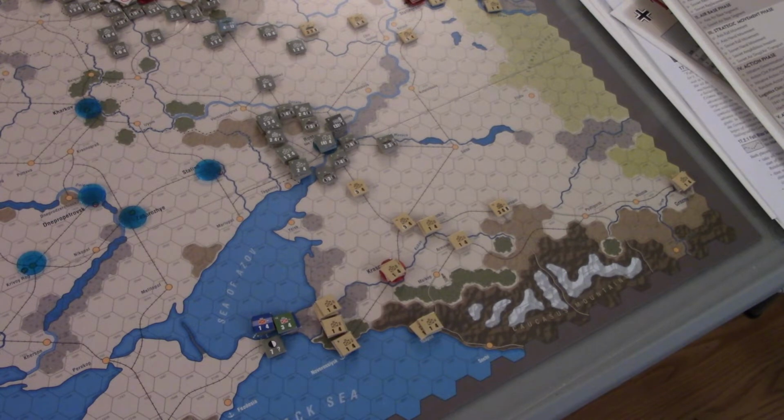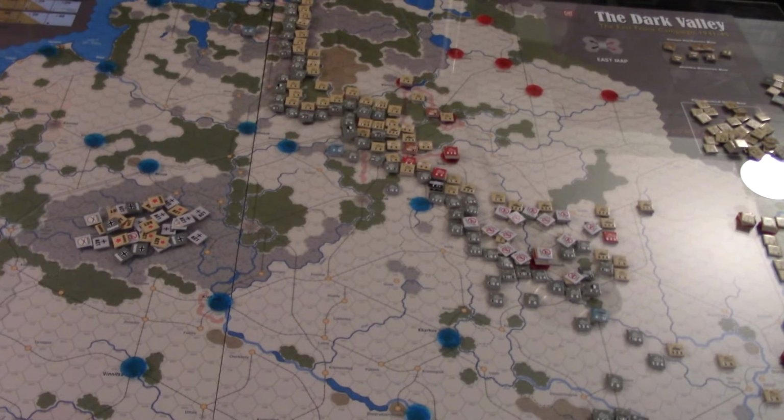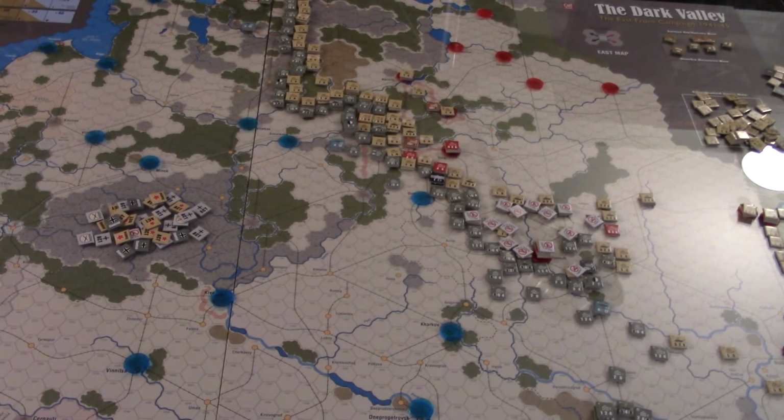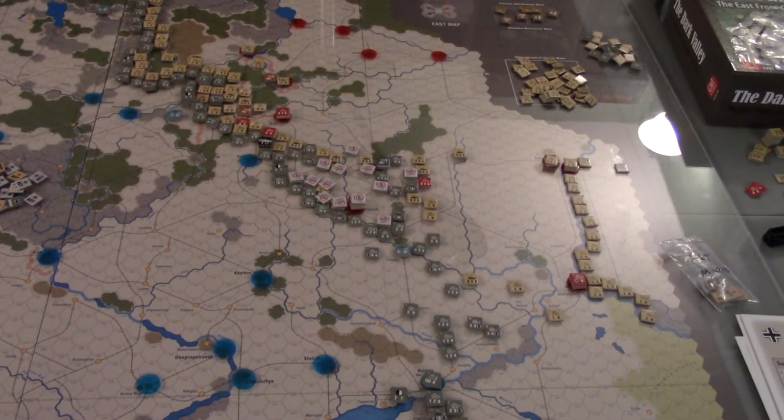I need my Axis forces to surge forward and start cutting rail lines and screwing up the Soviet growth down there. So I think that's what we're going to do. It's probably going to be movement. I'll put a cut here, and when we come back, that first movement will be complete. I suspect this turn will go very quickly because we've got fewer chits overall. We'll see what happens. Well, here I go being all risky